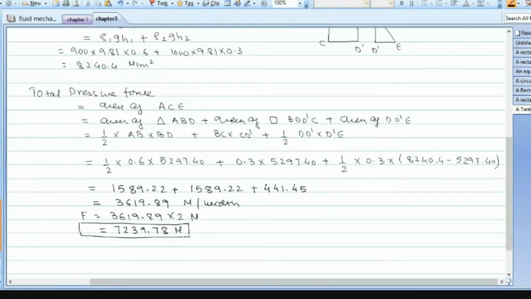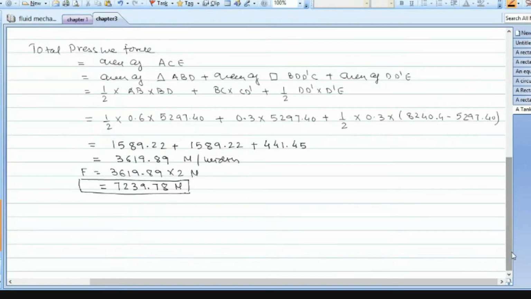Now we need to calculate the center of pressure. For the center of pressure, let us assume that the center of pressure is located at the point H star from the free surface. So I plot the diagram again over here. This is BD, so this diagram is there, and from DD' we get this kind of diagram. So this is our E point. Here we have B, E, A, and here it is C. The center of gravity of this part lies over here, so the pressure force F1 is acting over here.